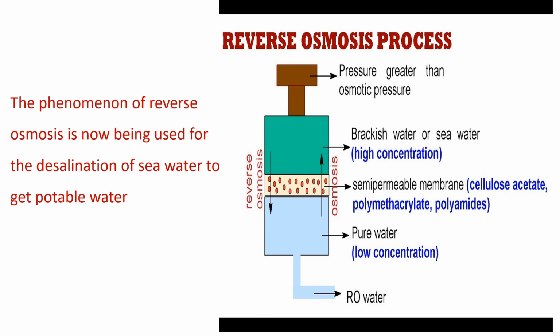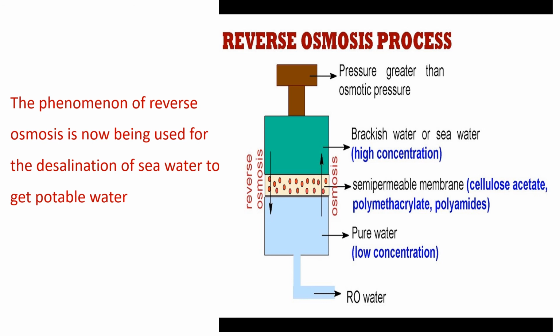Saline water is kept separated from a pure sample of water by means of a strong semi-permeable membrane. A pressure just higher than its osmotic pressure is applied on the sample of saline water. Water then flows out of the saline water into the pure sample through the semi-permeable membrane. In the process of desalination, water is forced out of saline water, not dissolved. Here, very high pressures of the order of thousands of kilopascal have to be applied in this method.